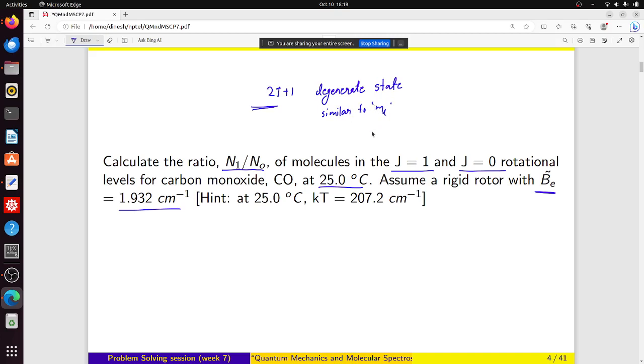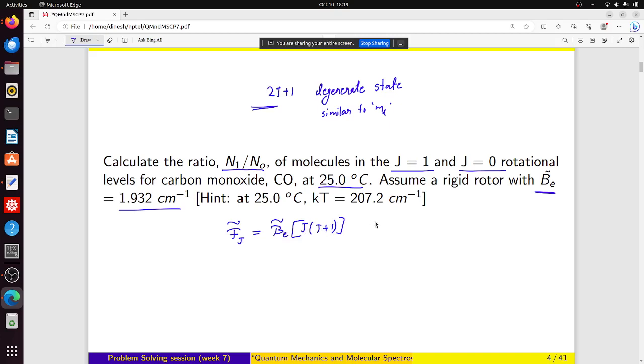Okay, so the energy in terms of this rigid rotor constant and J, let's denote it to be FJ, is B e tilde times J times J plus 1. Okay,